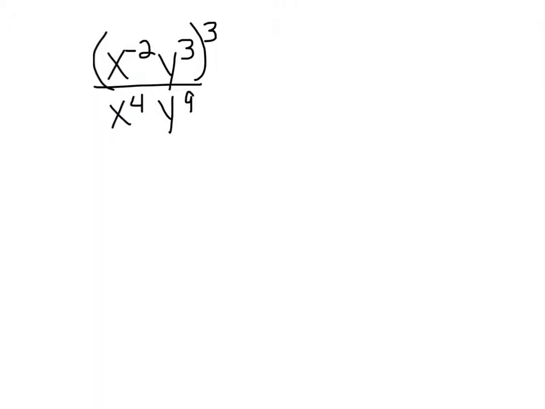This is the final example that we will look at. x to the negative 2, y cubed. That quantity is raised to the third, so let's clean that up first. This exponent of 3 needs to be distributed to each one of these exponents here. So that would give us x to the negative